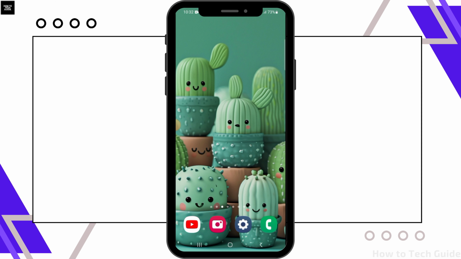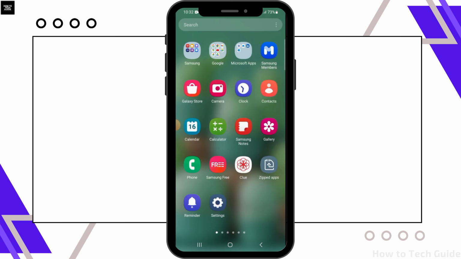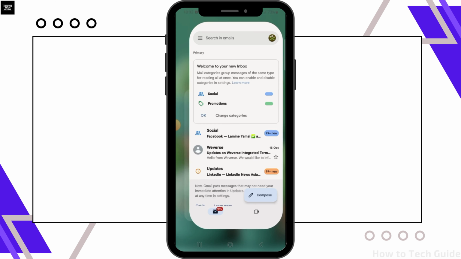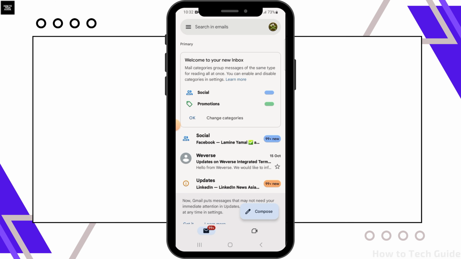Let's begin. In this video, I will guide you on how you can remove your Gmail account from your phone. For this, you want to open the Gmail app on your device. Now, make sure to sign into your account. After you have been signed in, you want to tap on the profile icon at the top right corner of